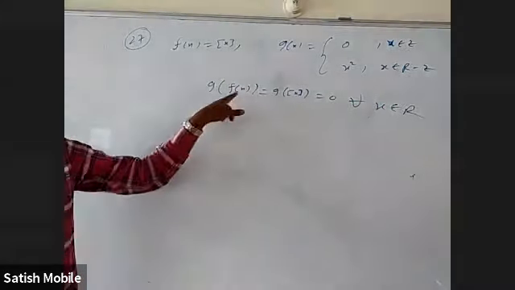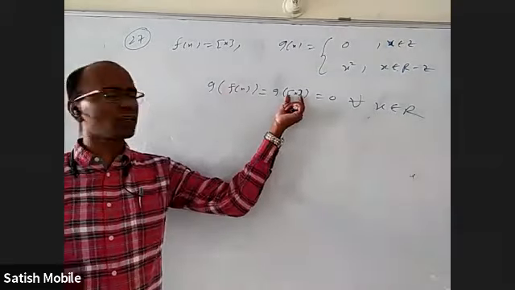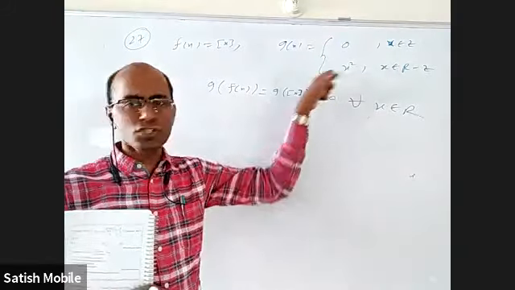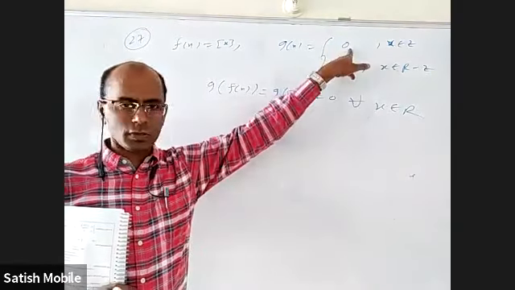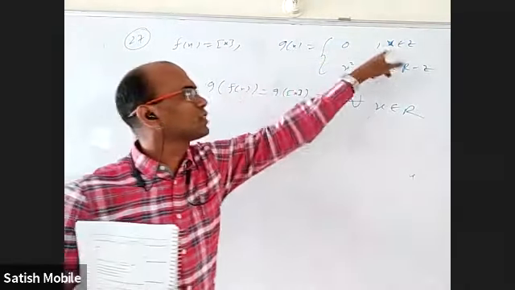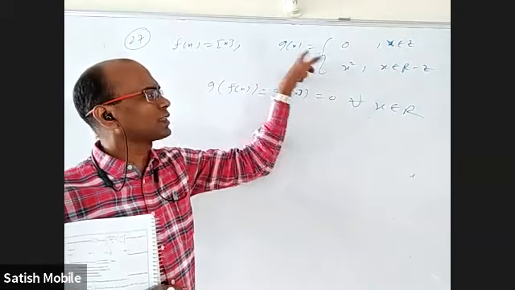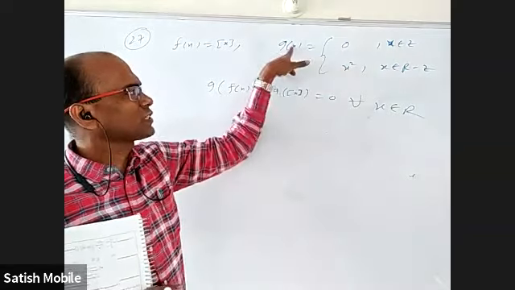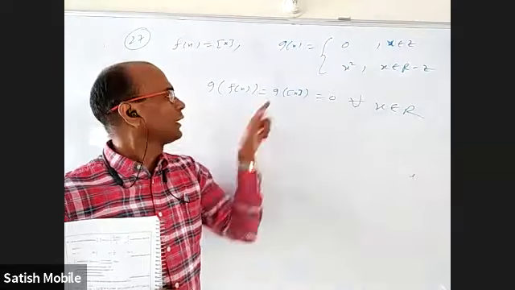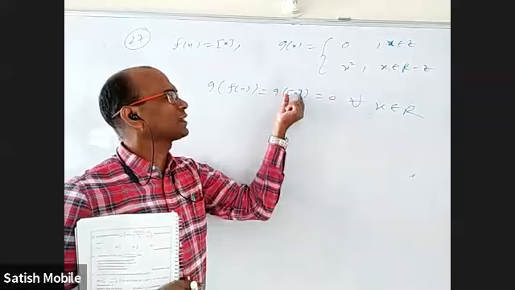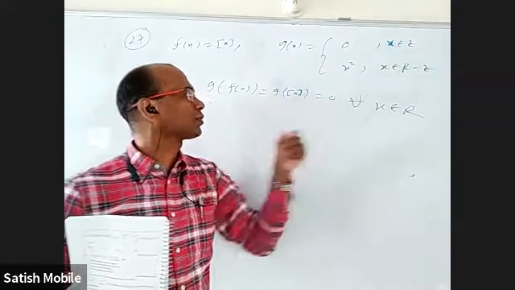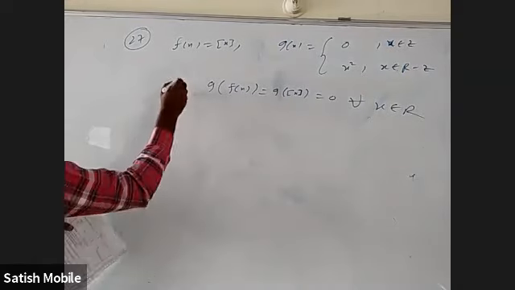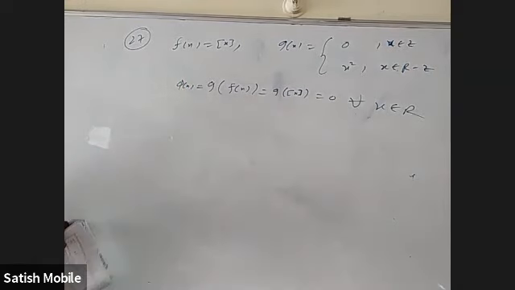Why? Whatever x you substitute, integer part of x will give you an integer only. And when you substitute an integer, should you substitute in the upper one or the lower one in g? In the upper one. If you want g of 7, it is 0. If you want g of 2.3, it will be 2.3 whole square. If x is an integer, you will substitute here. If x is not an integer, you have to substitute here. Integer part of x is always an integer, and for every integer, your answer is 0. So g of f of x, which is phi of x, is always continuous now, a simple constant function.